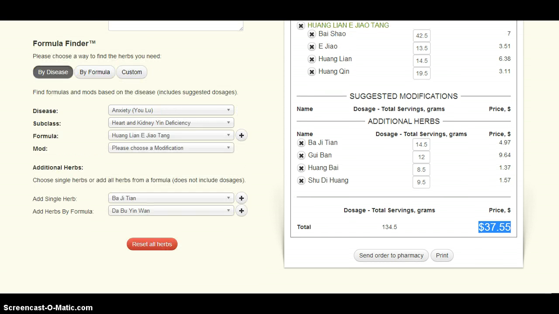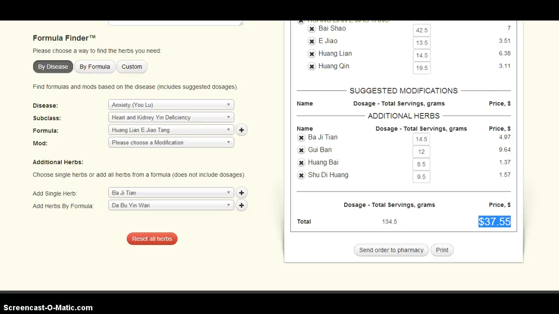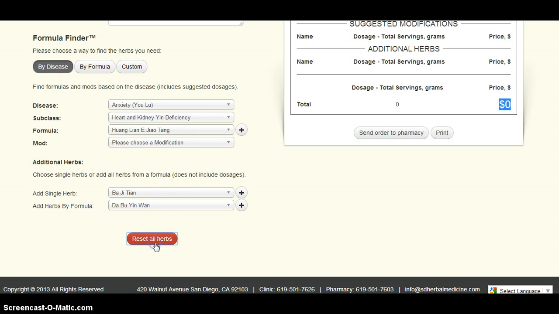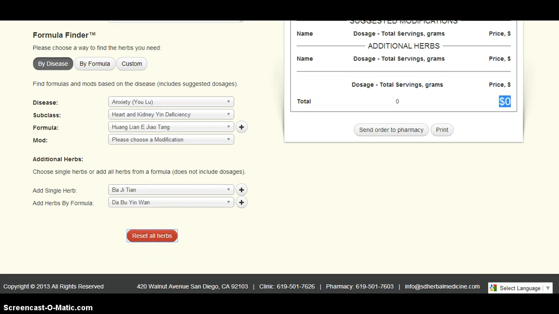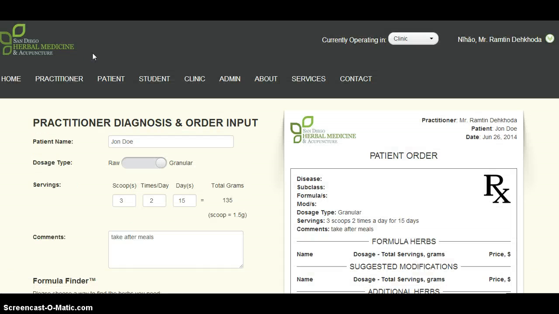This concludes the by disease. Actually, we could continue here. We have 1 minute to wrap this up. I'm going to reset everything, and I want to show you this tab here is by formula. Why would I choose by formula compared to by disease? Well, I already know the disease. I've already actually decided what formula I want for my patient. I'm going to pick by formula tab here